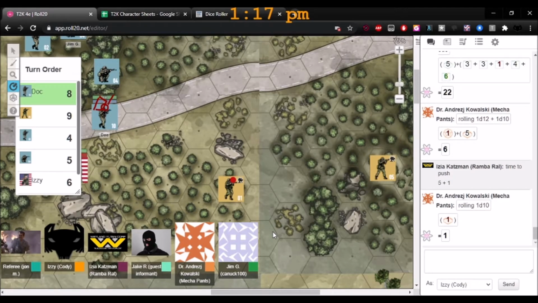Probably. So you get 1 stress, right? Yeah, for pushing and it was a failure, right? Yeah. I can't remember now if that meant anything extra, but maybe we can look into that later. You take damage if you fail to push. Right. You take physical damage. Mm-hmm. You only get one stress for this. This was an intelligence or empathy check, so he takes stress damage. Okay, cool. You got 1 stress. Okay, nice try, Doc.